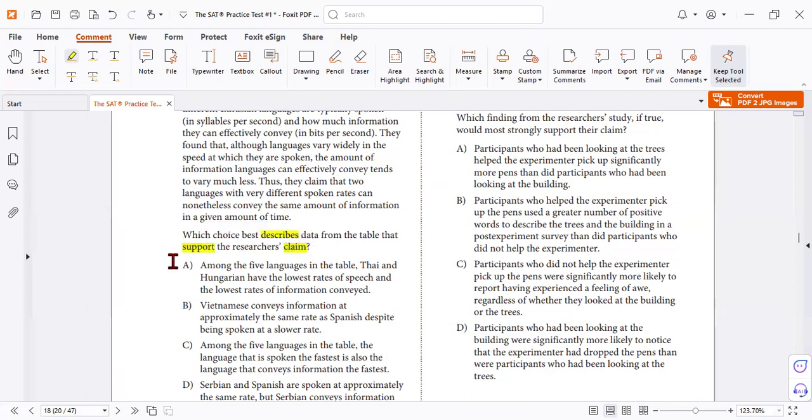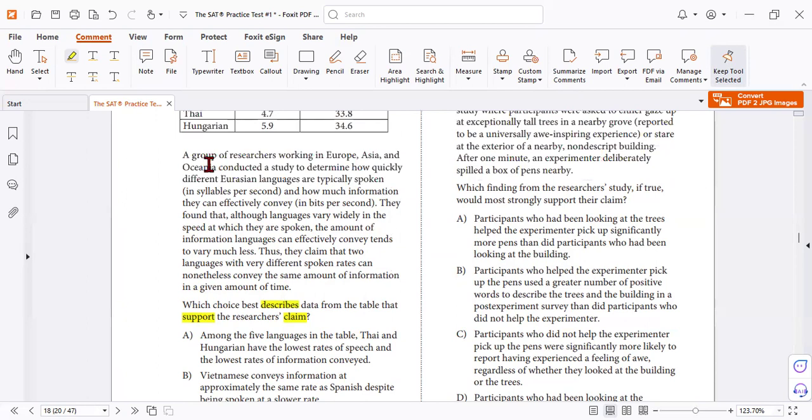supported the claim. Remember, sometimes we ask you to weaken the claim, to find the opposite, to prove something is wrong. But here it is to support it. So I have to find the claim. They claim that two languages with very different spoken rates can tell